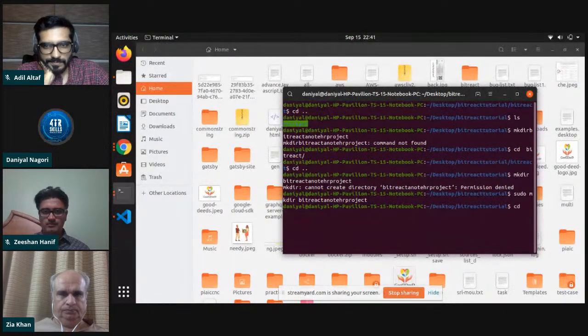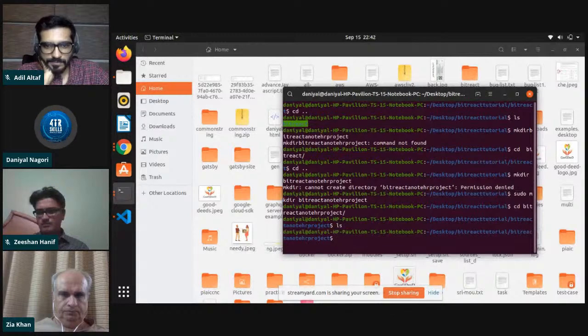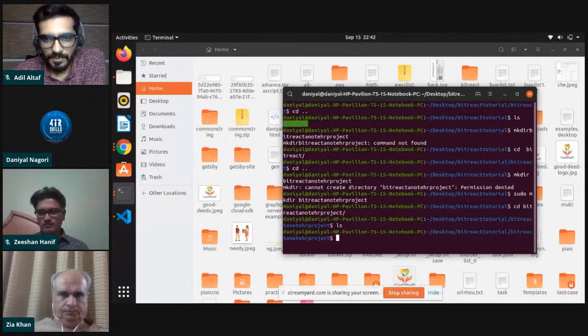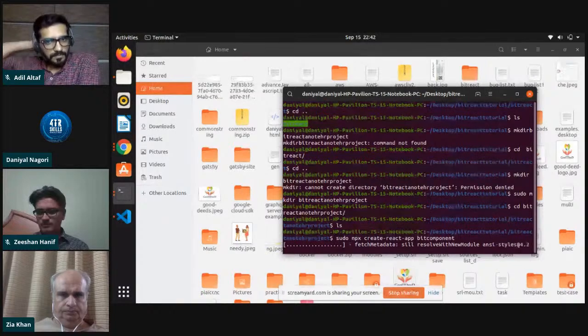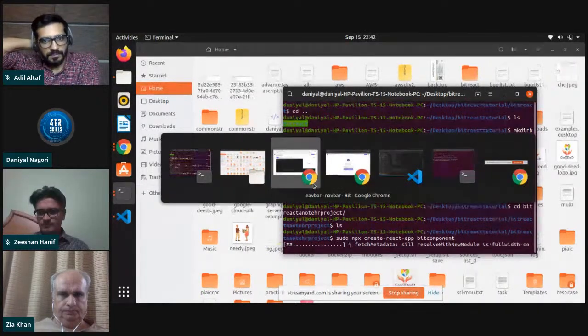Okay, it's created the directory. Now what I'm going to do, I'm simply creating another project and just importing this component in another project. So simply sudo npx create-react-app, and the name is bit component. Once it's running, what I can do,